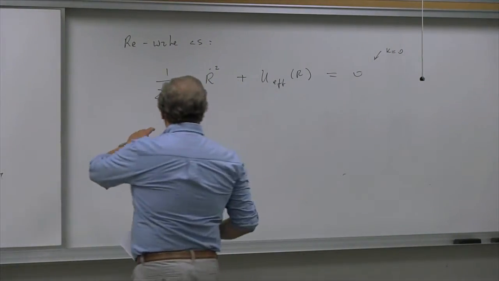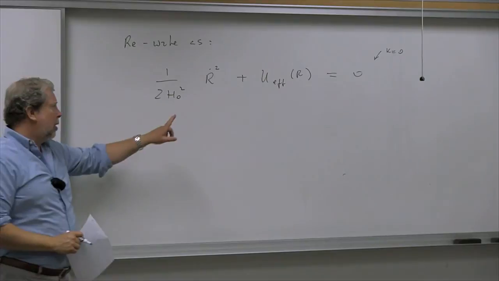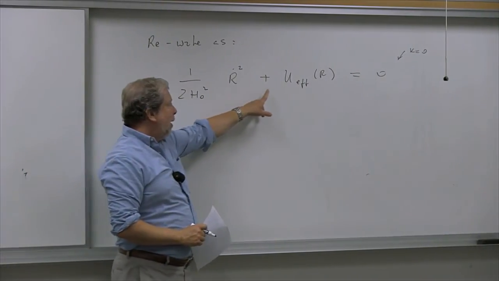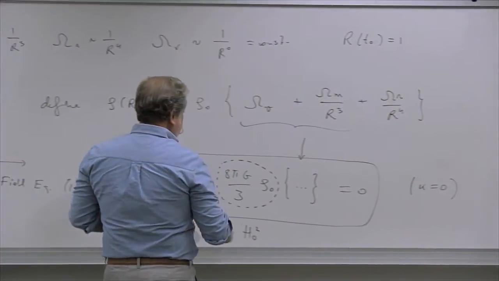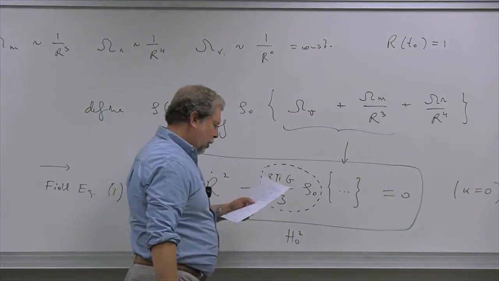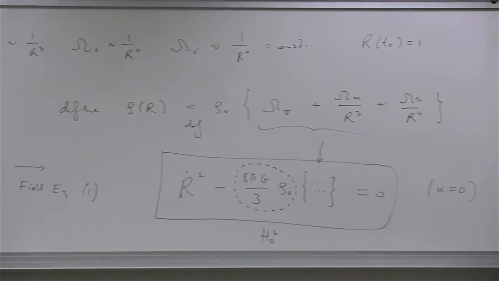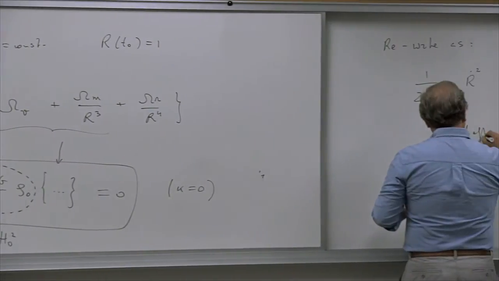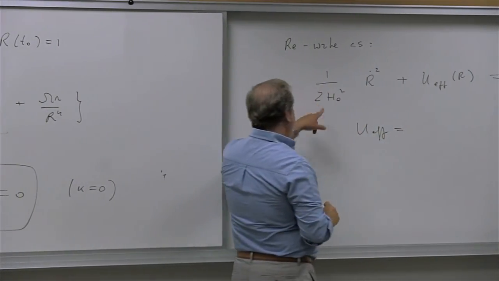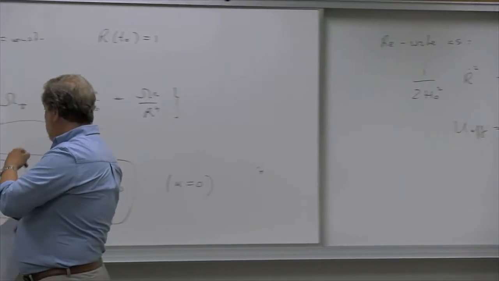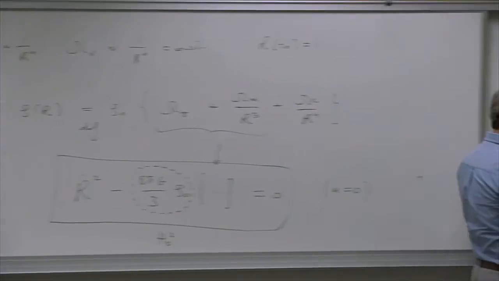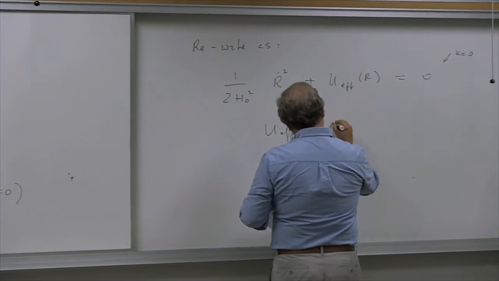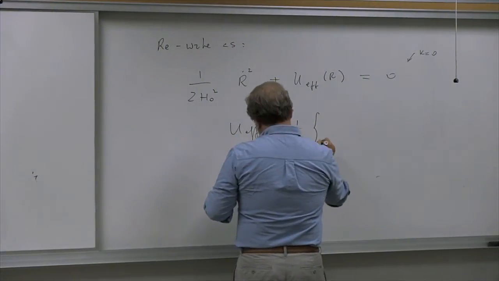And so that looks like a classical mechanics problem because you have the velocity part and you have an effective potential. We've divided out by the Hubble constant so that the potential is just an expression in brackets. So U effective is equal, well, we also divided by 2. And the other thing is that the potential always has a minus sign in front. So the potential is equal to minus a half times